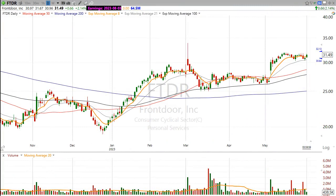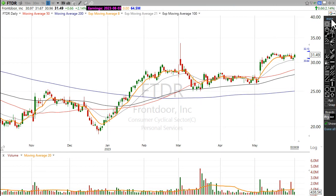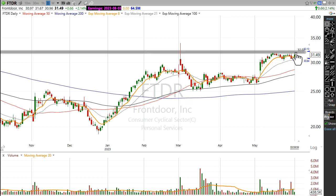Want to take a quick look at Frontdoor. This is ticker FTDR. Now, Frontdoor, as you can see, has had a little trouble with this $32 zone. You can see how we have this sideways base of consolidation, a bit of a cup with a high handle. It tried to get above here in March, couldn't do it, consolidated, and now we're just knocking on that level